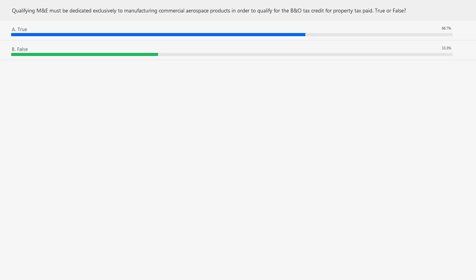So remember, there are two types of property tax credits here. We have a real property credit and a personal property credit. The personal property credit is more or less the credit related to your M&E. And so M&E, being personal property, is under the type of credit that is actually prorated, not limited by the exclusive use rule that ties to the real property credit. And what we'll step into next is Shane will walk through just a brief calculation example here.